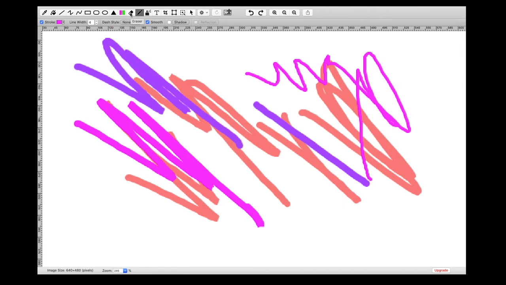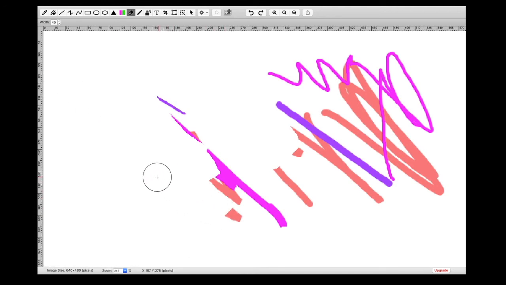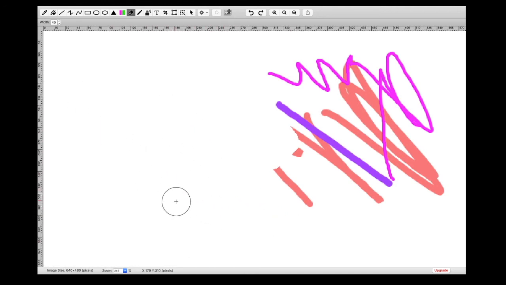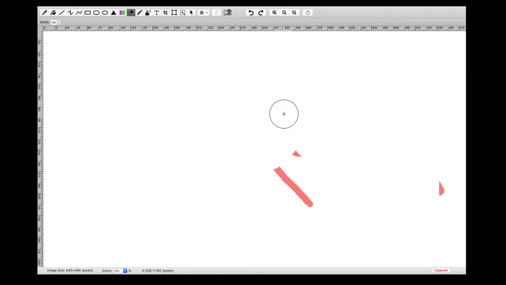Now the eraser. To erase these things, you can use the eraser from here. This is a very important tool. You can erase all the things which you want. I have erased all the lines, all the paints I have done from the pen. We can also increase or decrease the width of this rubber from here.